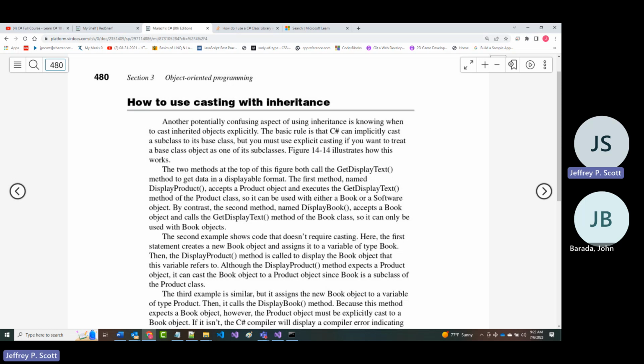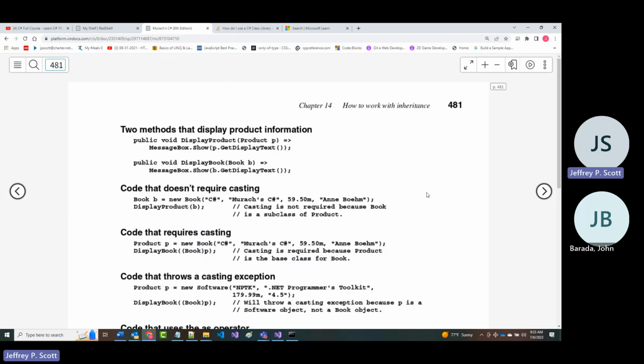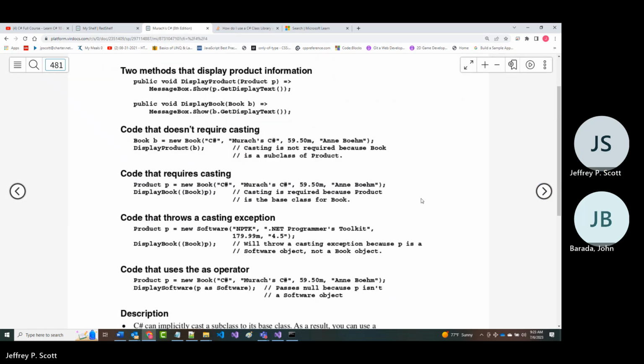Now, just because you can do something doesn't mean it's always going to work the way you think it's going to work. I mean, I can tell an apple that it's an orange. But if I squeeze it, what I'm going to get out of it is apple juice and not orange juice. So they show some examples in here, and they give you two different examples of displaying some stuff.